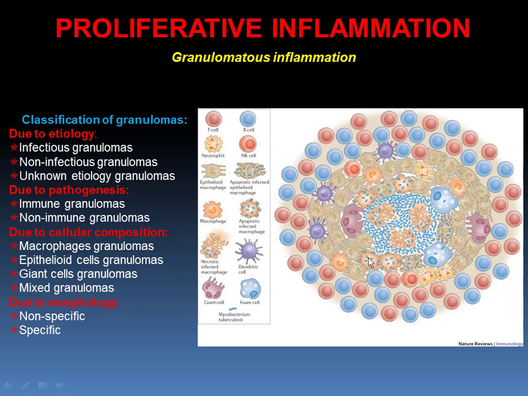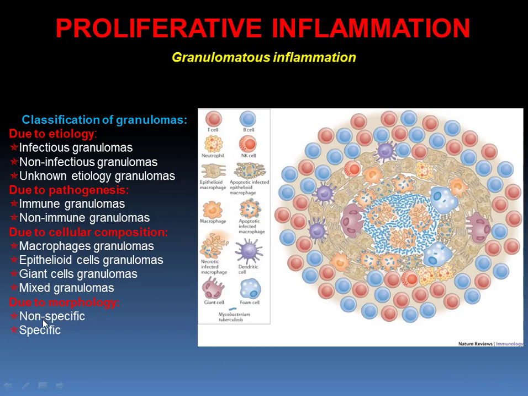Other cell types also participate in such type of inflammation. Epithelioid cells can fuse one with another, or macrophages can fuse one with another and form giant cells. Multinucleated giant cells are present almost in all types of granulomas. Also, we can see another variant of transformation of macrophage into an apoptotic epithelioid macrophage, or we can see a mixture of different lymphocytes. Of course, if we are speaking about the immune variant of granuloma, they can be T lymphocytes, B lymphocytes, natural killer cells, and so on.